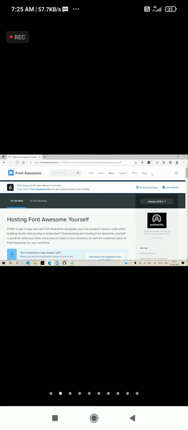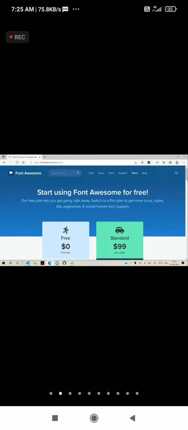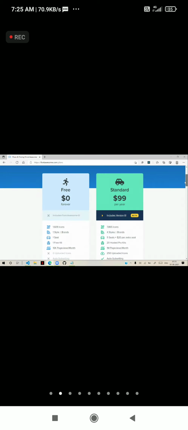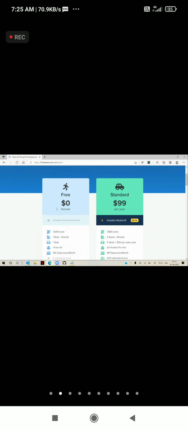You can see, you have the plans category. In the plans category, you can see these are the options. For free users, they will give some 1,600 icons. And for Standard, per year $99, they will give 7,000 icons.